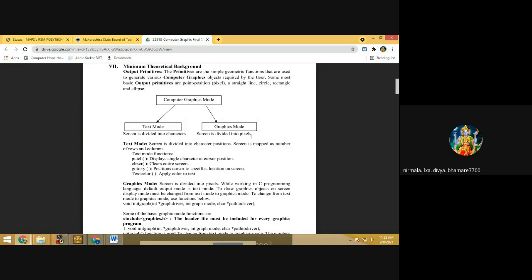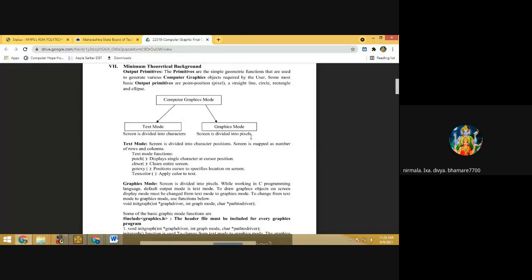Okay. So the default mode in C programming language is text mode. So while performing the computer graphics practical for drawing objects on the screen, what you have to do is switch from text mode to graphics mode. So how are you going to switch from text mode to graphics mode?